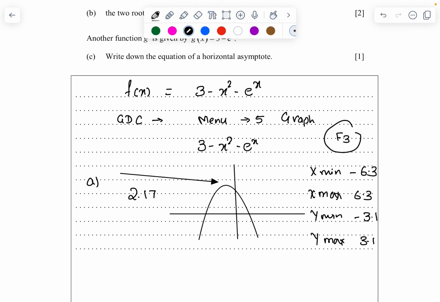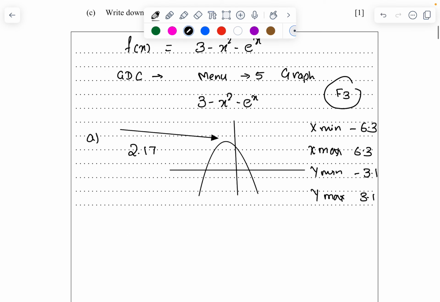Now coming to part B, find the two roots. Two roots are again, what am I going to do? After finding that max, go to F5 and F2. So that is going to be for maximum. F5 and F2 will give you the maximum. Now for